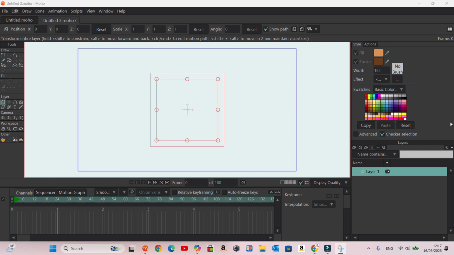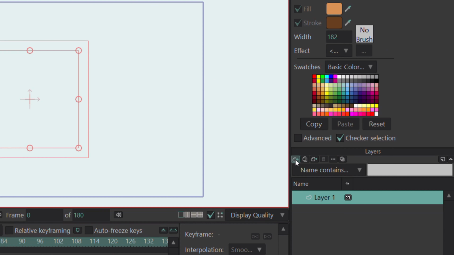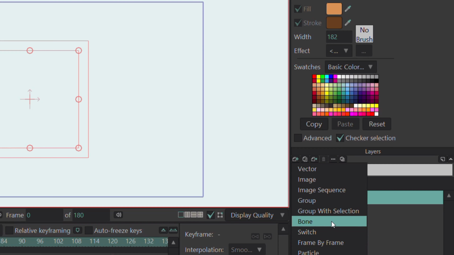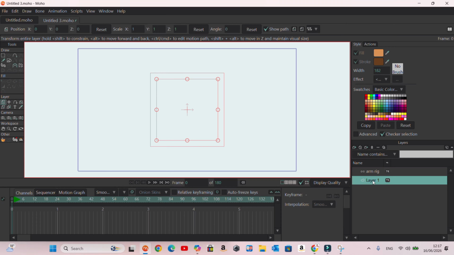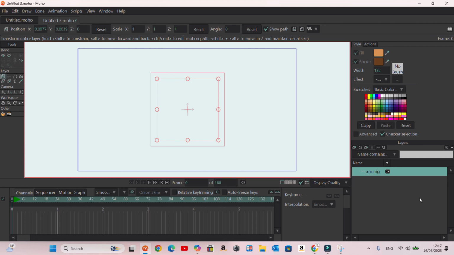So first go to the layer panel here, click new layer and select bone. I'm going to rename this arm rig. Now I'm going to click this layer which Moho has created for us and delete it, so we only have the arm rig layer here. Okay, now go to the bone tool here,